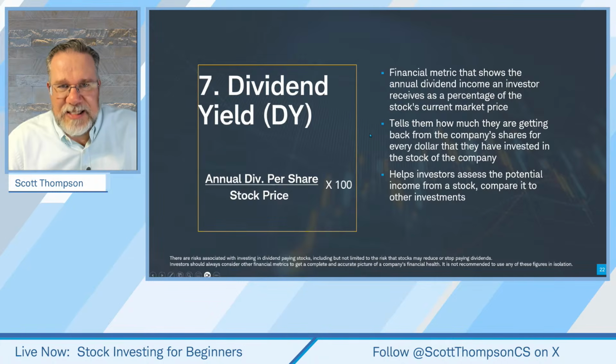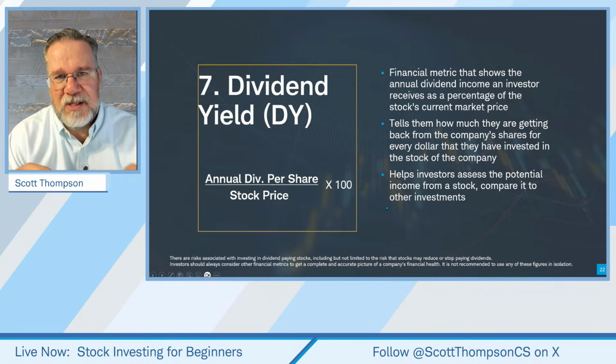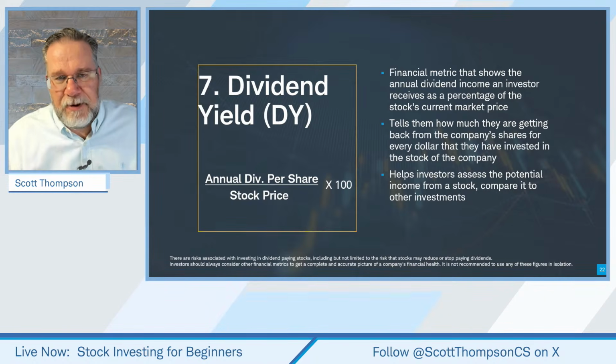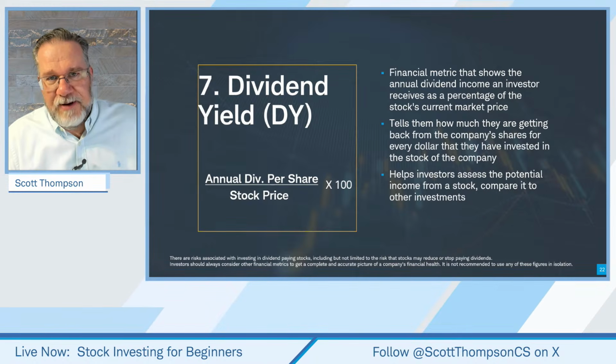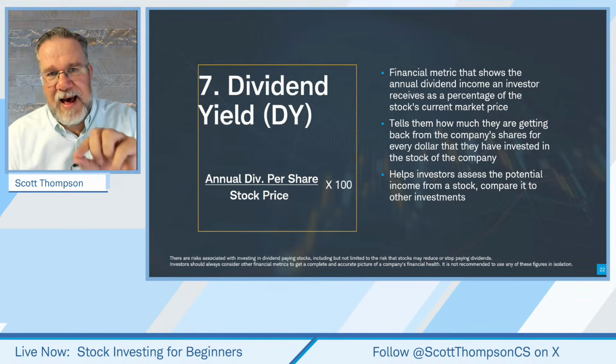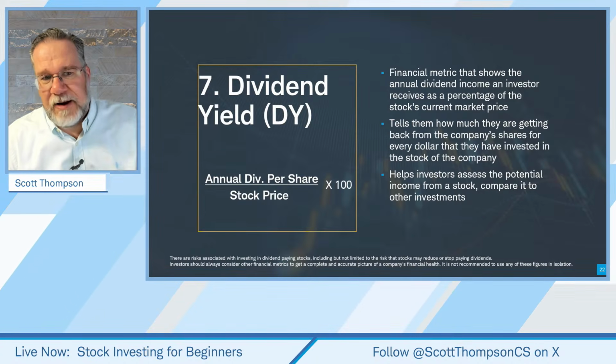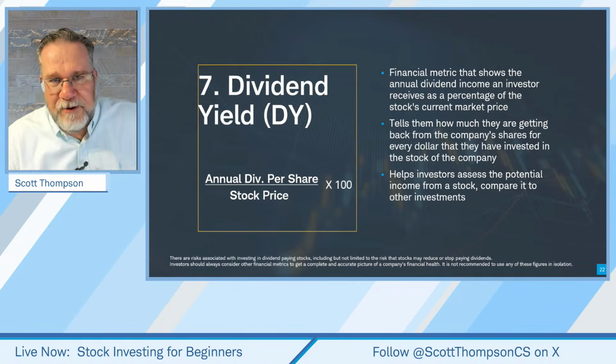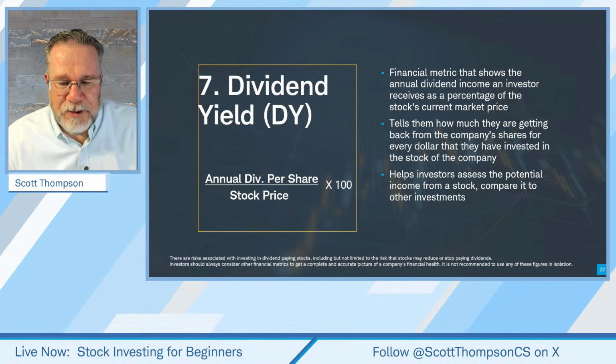In that scan that I created, I put 2% as a minimum. And oftentimes people will use the S&P 500. The ETF that tracks the S&P 500 will pay a dividend. And so some people will use that dividend yield on that particular ETF as a minimum to see what stocks are performing better than that from a dividend yield perspective.